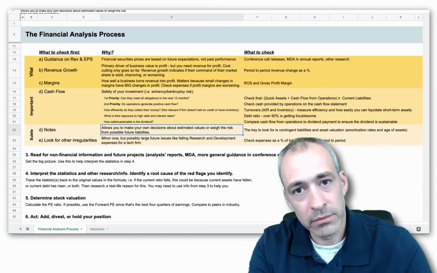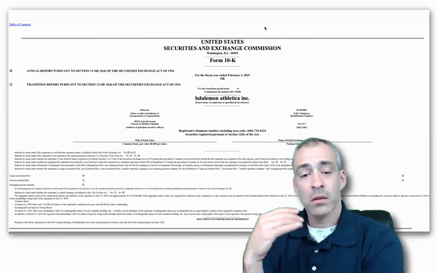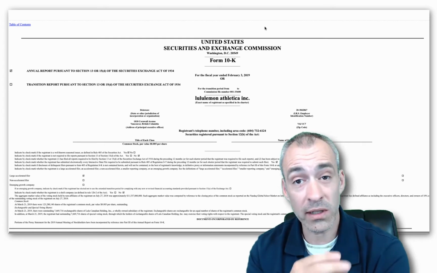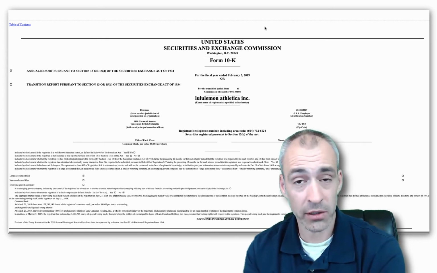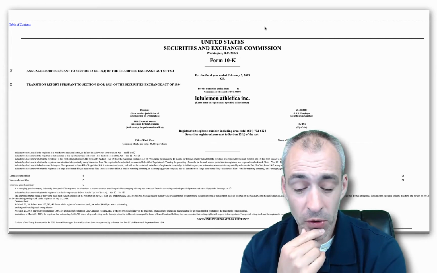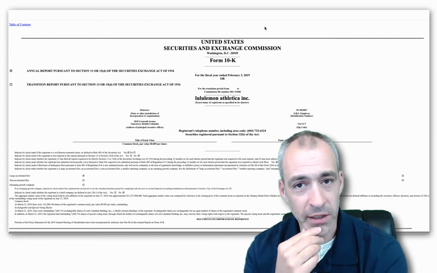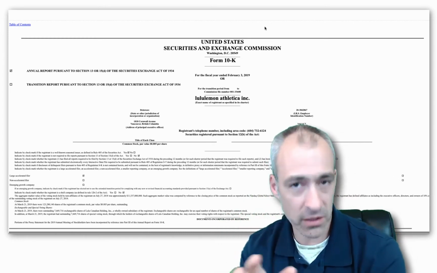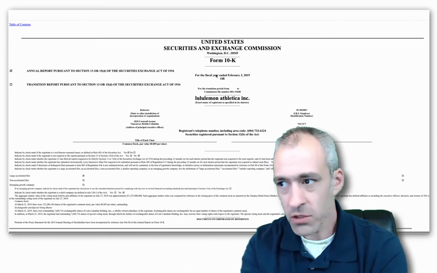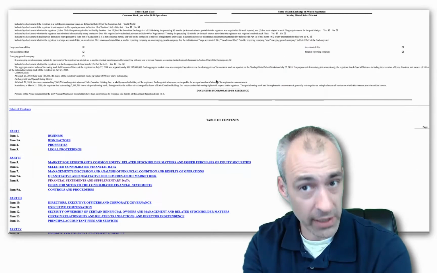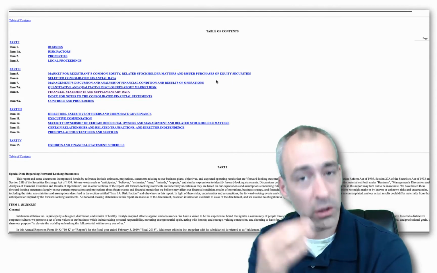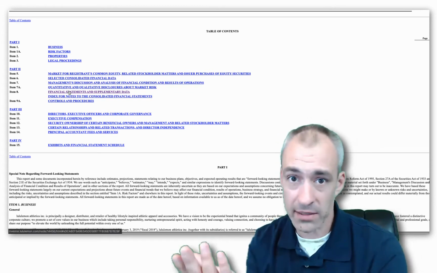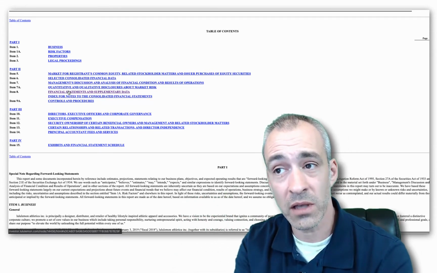Let me show you. By way of illustration, let's take a look at Lululemon, a Canadian company that's only listed on the New York Stock Exchange, so it doesn't have a Canadian listing. When you have an American listing, you have to file something called a Form 10-K. That's what this is. It's a standard form, everything's in the same place, but it's essentially an annual report. If you're looking at a U.S. investment, Item 8 in Part 2 is always your financial statements, because it has a standard form. So if you click there,